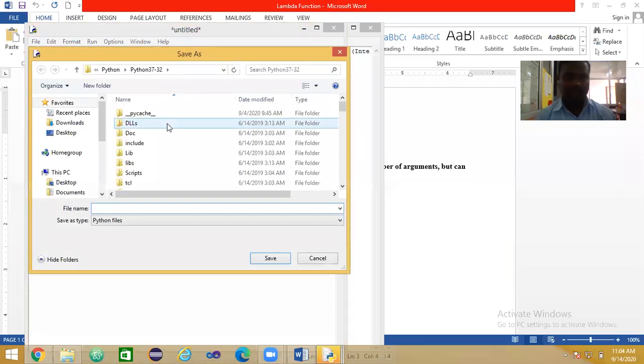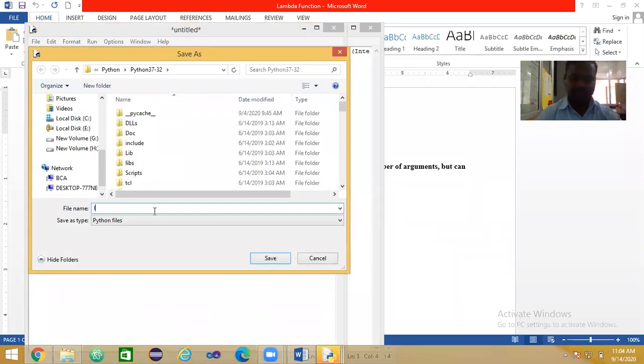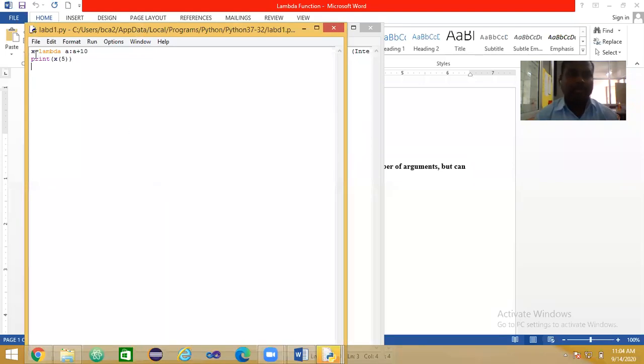First, I will explain according to the syntax. See here, lambda is the keyword to define the lambda function, and here we have one argument, that is a, then the colon, after that the expression, and the second statement of the program is print of x of 5.